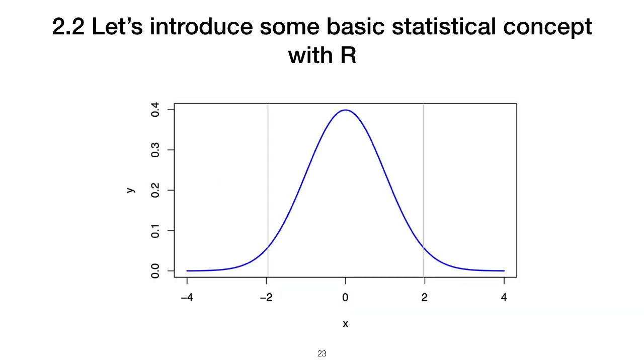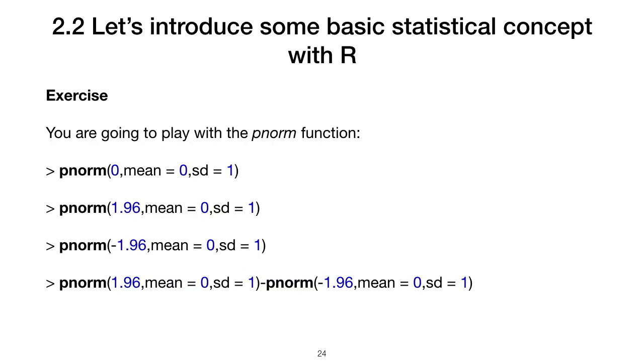Let's now play with the pnorm function that gives the distribution function, the way realizations are distributed. In other words, for a given real number x, pnorm provides the probability that a random variable X that follows our normal distribution, with mu equal to 0 and sigma equal to 1 by default, takes a value